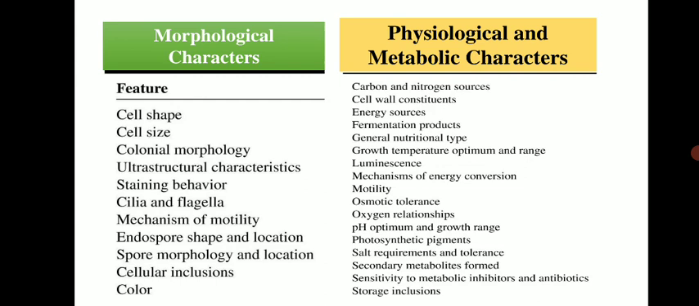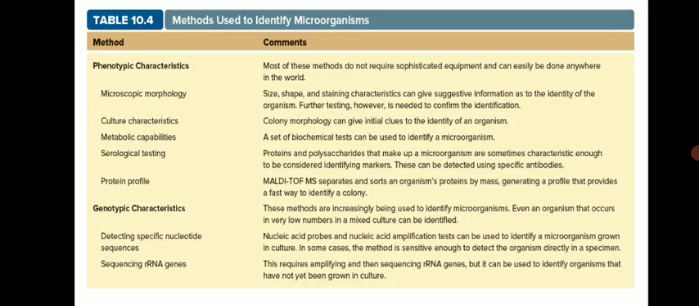By examining all these factors, we get clues one by one, and we collect all these clues to identify a particular bacteria. So these are the methods once again used to identify microbes. In that, phenotypic characteristics include microscopic morphology. From microscopic morphology we get an idea about size, then shape, then arrangement of cells, and staining